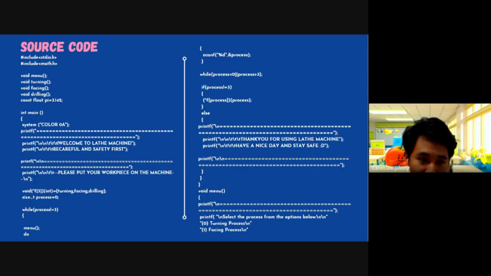So as you can see on the left side, we have system color. I changed it to change the result of the coding. Then I printf all the words. Then moving to the void,